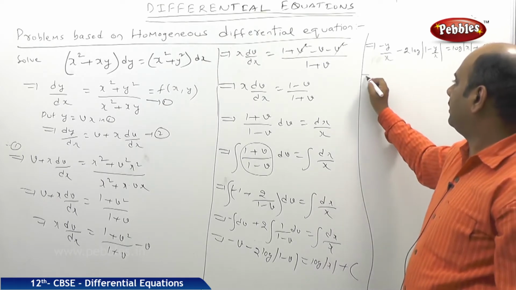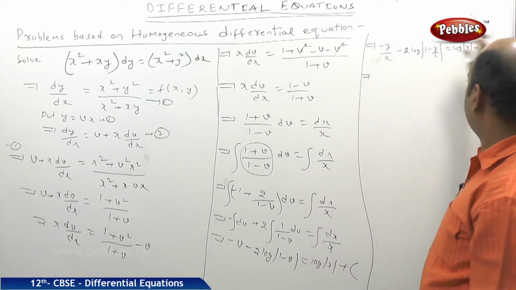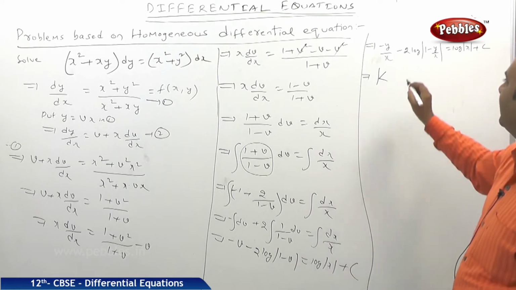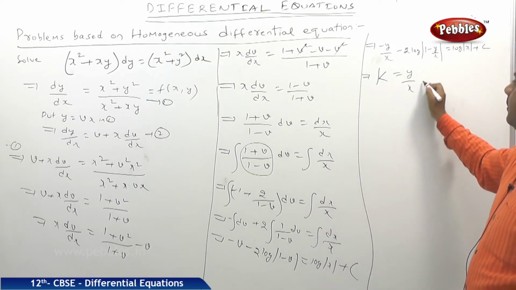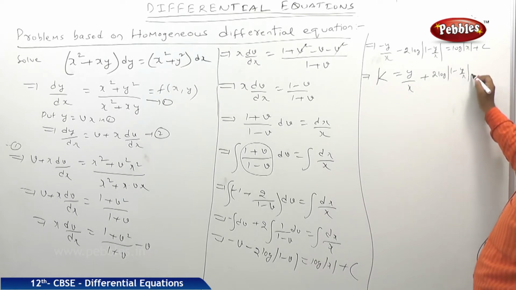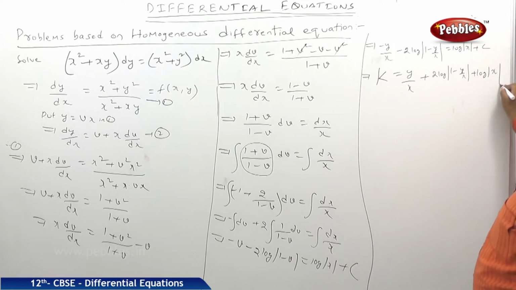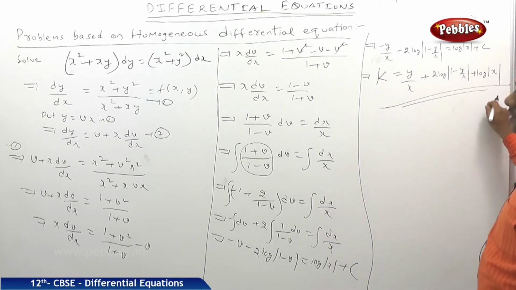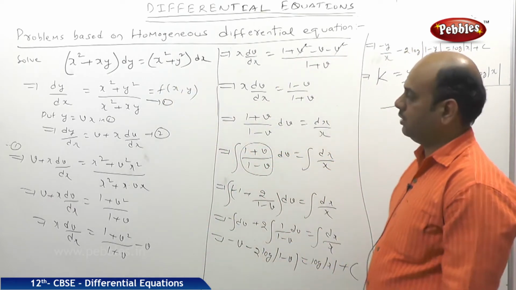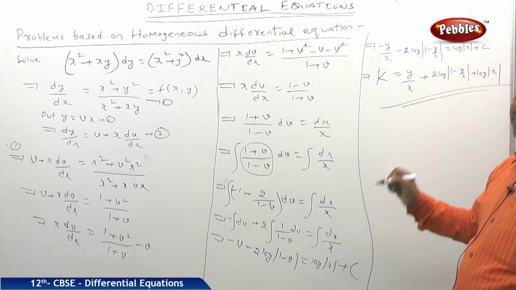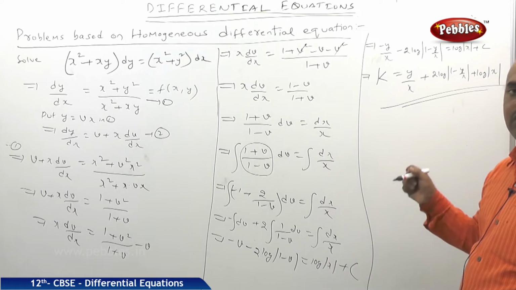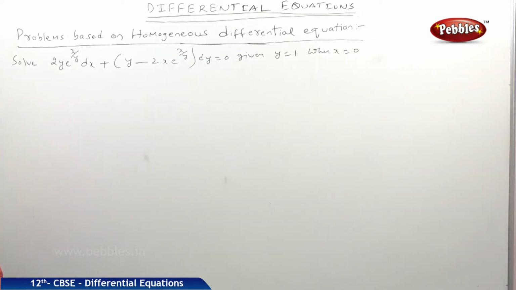So I will make all these terms to this side and c to this side. So minus c, I call it as k for my convenience. So this becomes y by x plus 2 into log mod 1 minus y by x plus log mod x equals k, which is the relation satisfying this particular homogeneous differential equation. This kind of question will come in examination for long answers, right? You please copy.